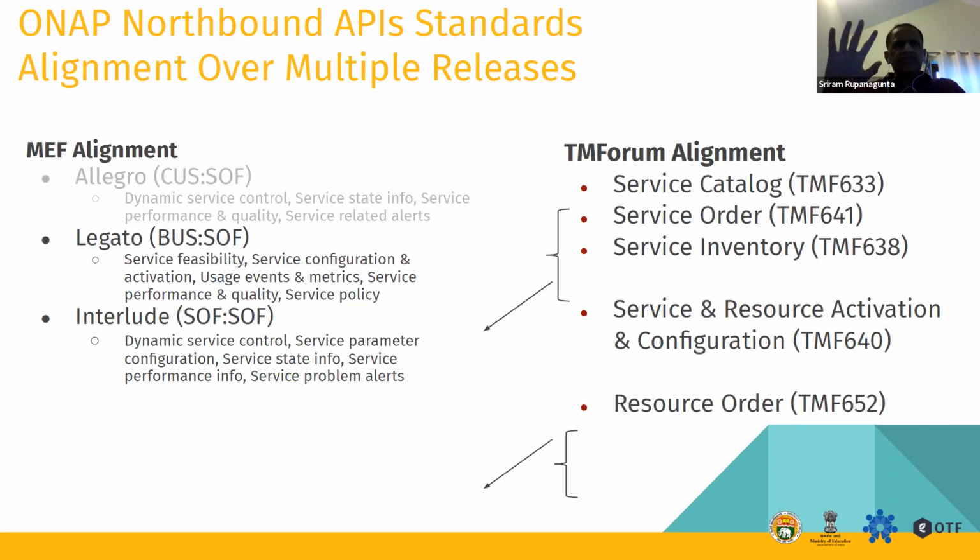So this slide just gives a very high-level overview of some of the alignments. Those of you familiar with the MEF and the TM Forum know there are some standards. For example, MEF has Allegro, Legato, Interlude. So again, ONAP has some alignment with some of them. Similarly, with TM Forum, there are some standards which ONAP implements. Some of them are work in progress. Some of them are fully